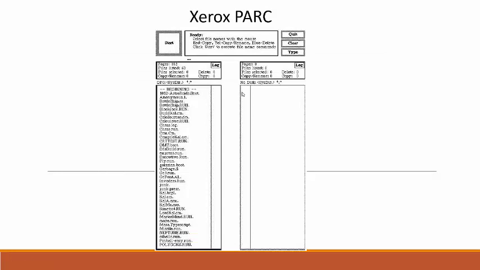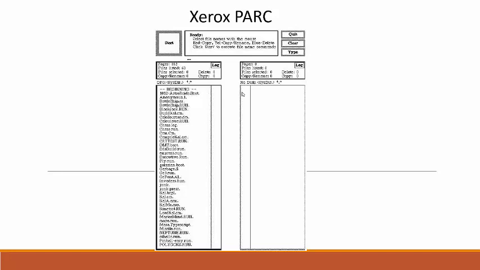Well, what about this GUI? How did that turn into what we know nowadays? If you've ever seen the movie Pirates of Silicon Valley, the story about the early years of Microsoft and Apple and all that, there was a scene in there where Steve Jobs and his crew from Apple in the early 80s made a trip out to Xerox PARC.